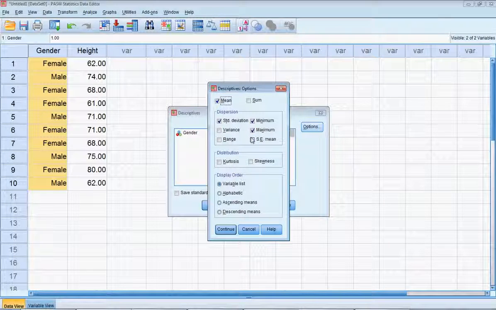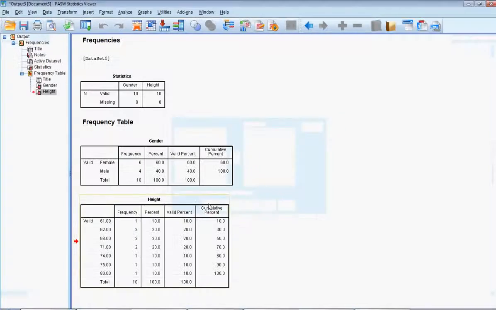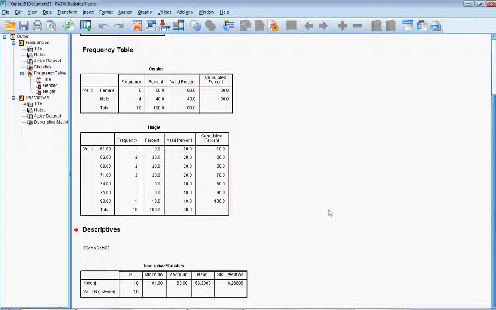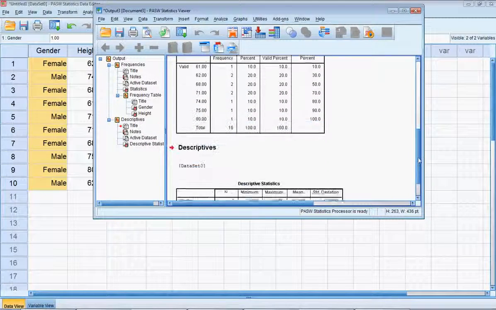Each one of these boxes represents a different descriptive statistic we can run. Some common ones like mean, standard deviation, minimum, maximum, those are checked by default. And there are a few others you could do like sum and the variance and the range and the standard error. I think the ones we have now are good, so let's just continue the way it is. Continue, and now hit OK. You'll see a table pop up, and I'm going to scroll down so I can just focus on these things here.